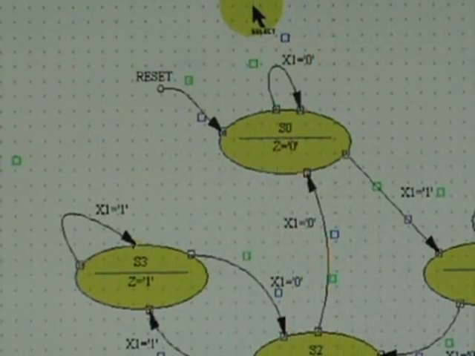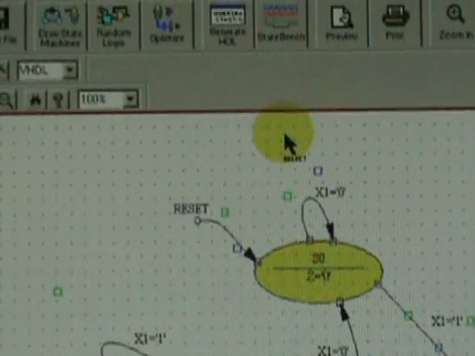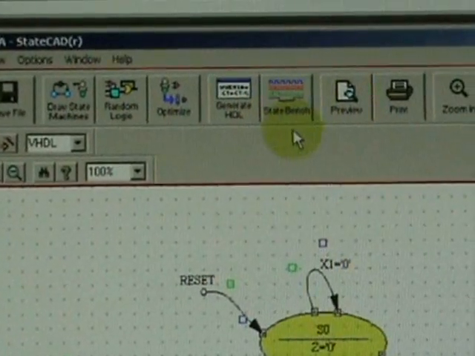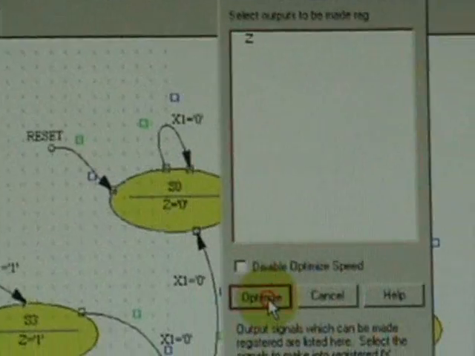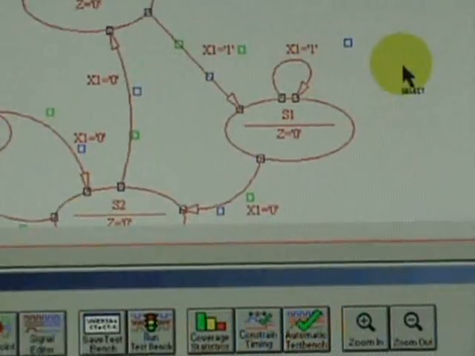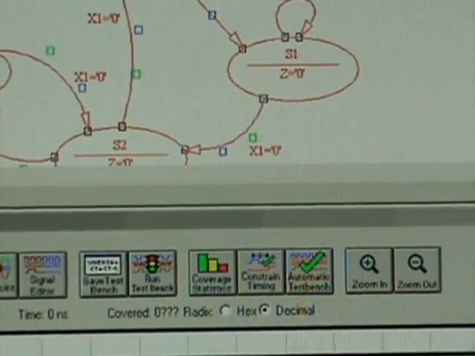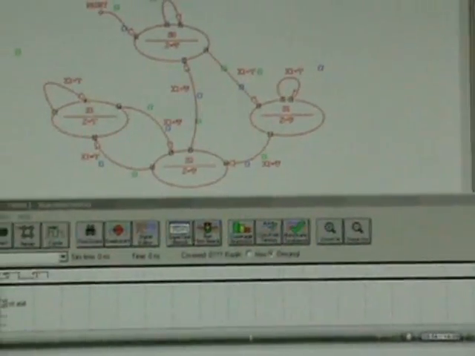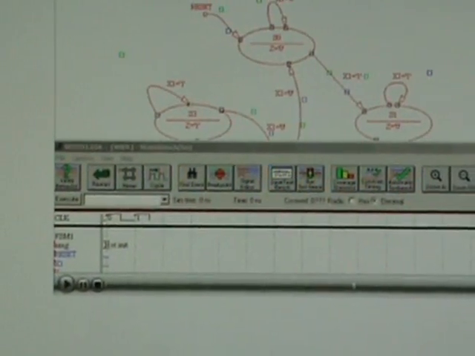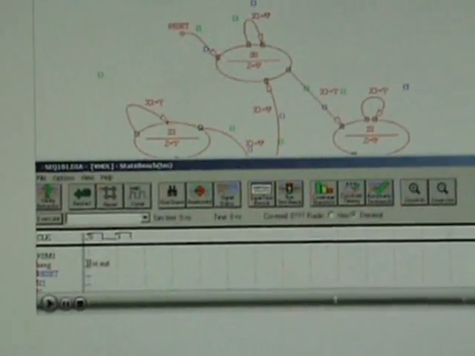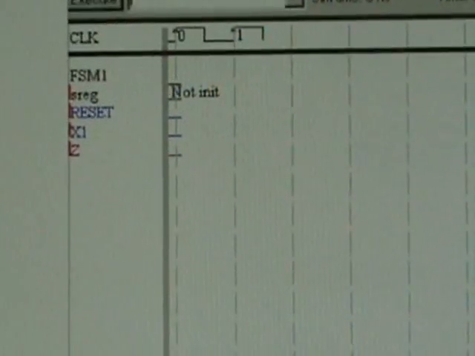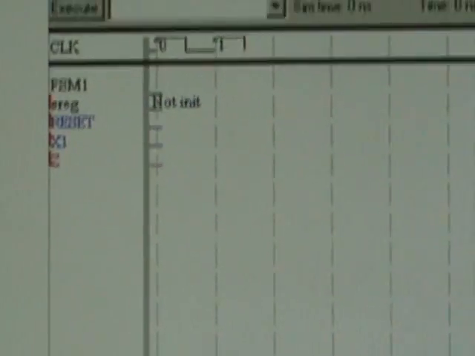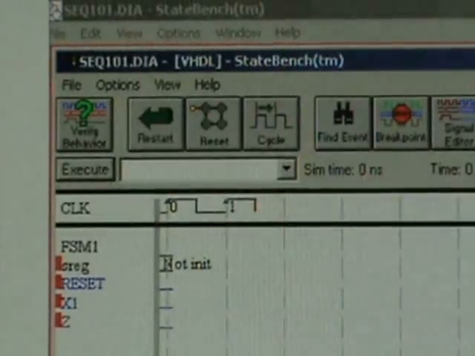Next thing to do is do a simulation. So we have to activate the state bench. Likewise, optimize the output. Right here, we got the resulting, we have here the superimposed, essentially overlapped it, the resulting simulation